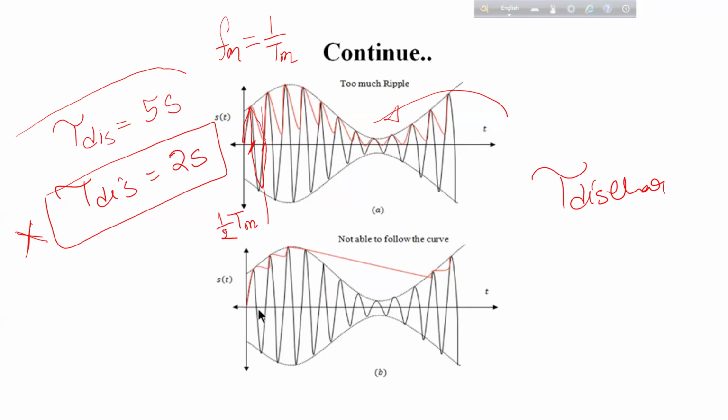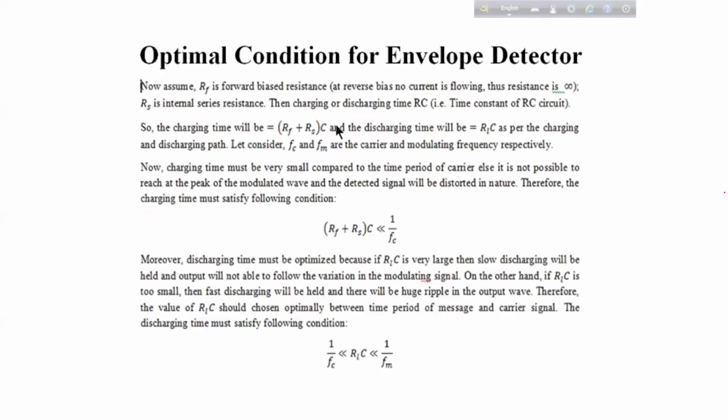It should not be less than half Tm. It should be higher than half Tm. Or we can write it should be higher than 1 by Fm. So the condition is that discharging time, which is (Rf plus Rs) into C, should be